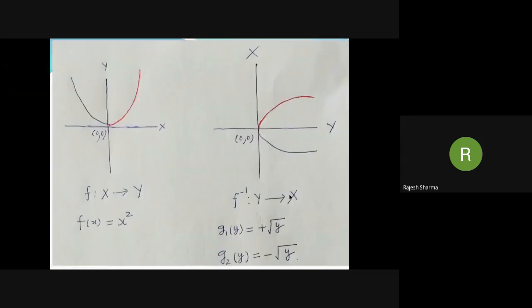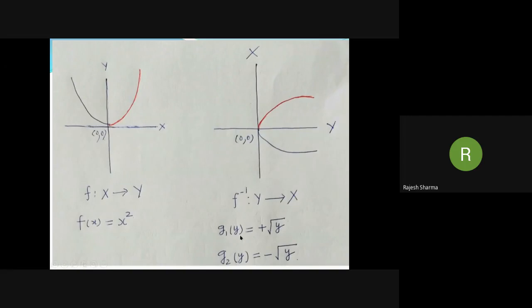Now, if we solve the equation x square is equal to y, we get x is equal to plus minus root y. So the process of inversion gives a multiple valued function x is equal to plus minus root y. But multiple valued functions are not allowed, and we say that the process of inversion gives rise to two functions. One is g1(y) is equal to plus root y for f(x) is equal to x square when x belongs to 0 to a. And second is g2(y) is equal to minus root y for f(x) is equal to x square when x belongs to minus a to 0.